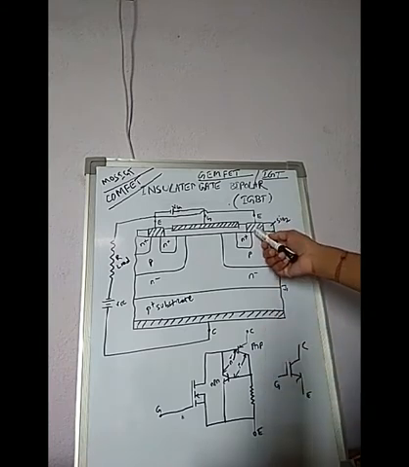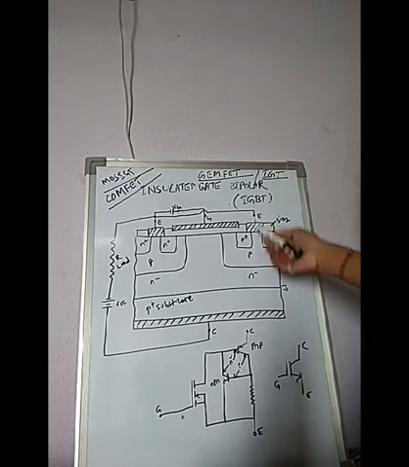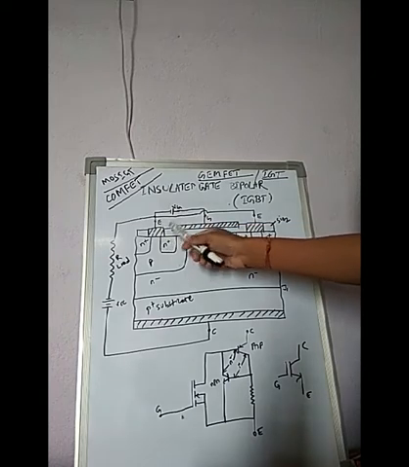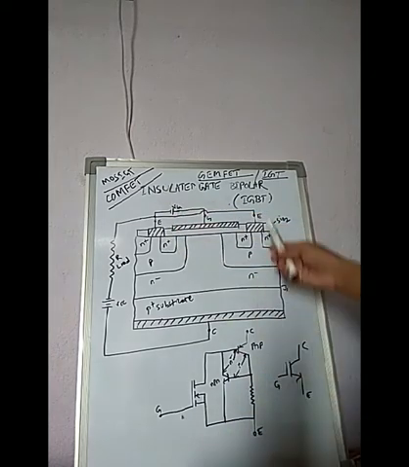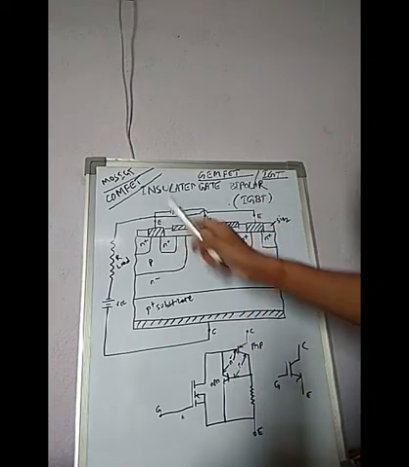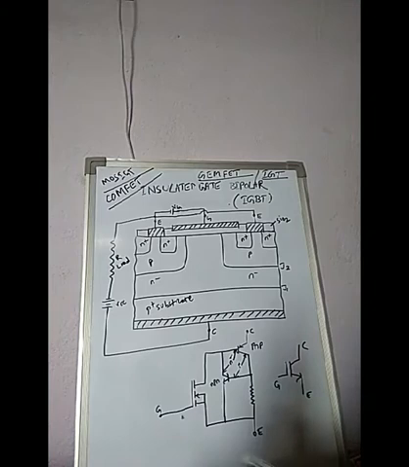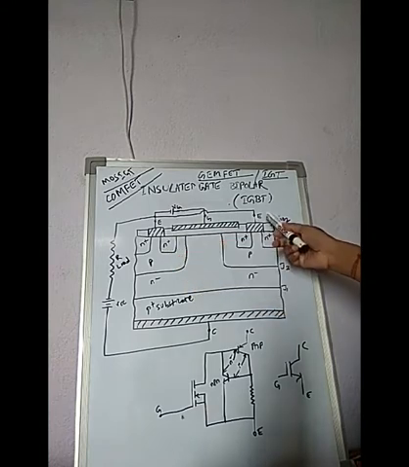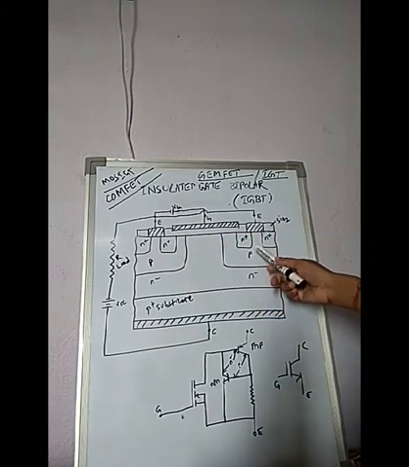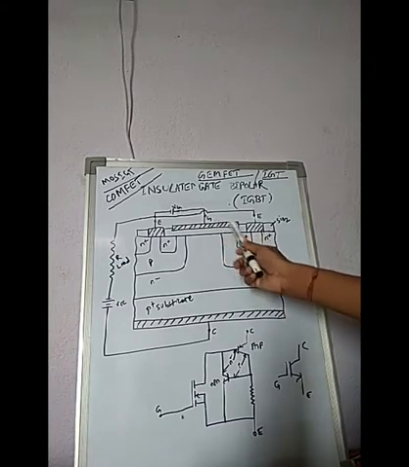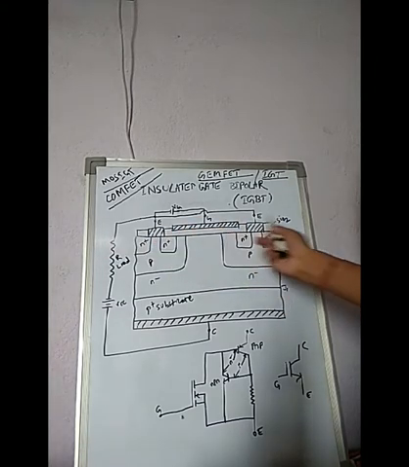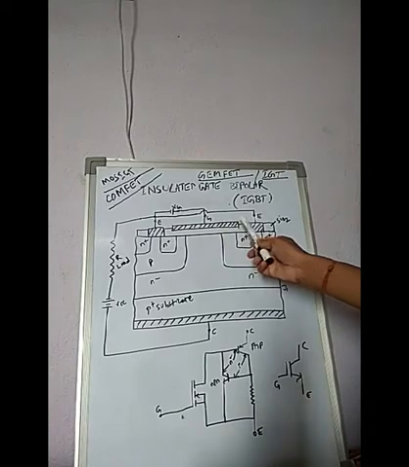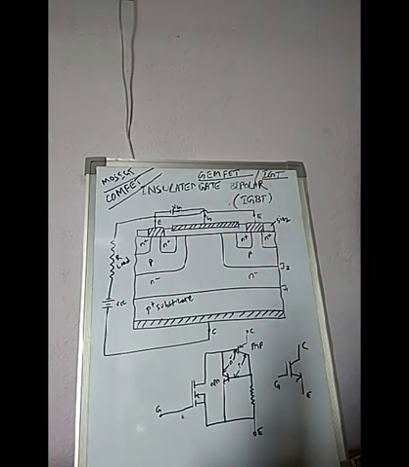Here also a metallic layer is embedded. From this metallic embedded structure, one terminal is taken out. This is known as the emitter. This emitter is connected directly through the metal layer to the N plus layer and P layer. Over the SiO2 insulating layer, on its upper surface, there is again a metallic layer deposited, and from this the gate terminal is taken out.